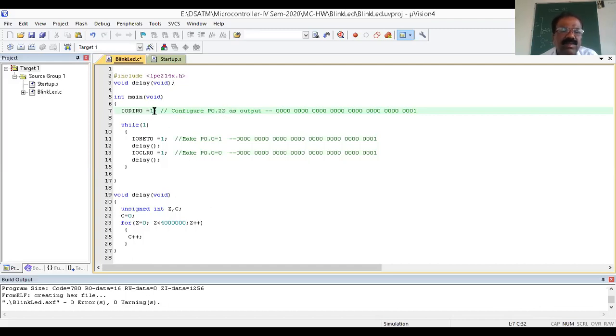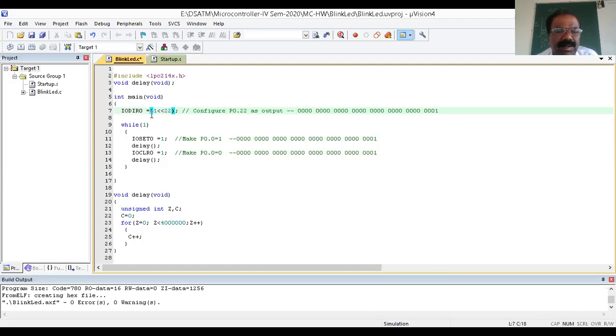We can perform this operation by shifting this 1 towards the left how many times? 22 times. If you execute this particular statement, I'm going to put it in brackets, it makes bit 22 equal to high.